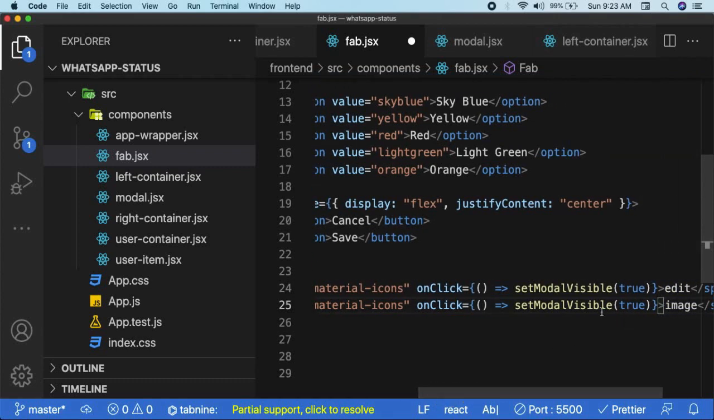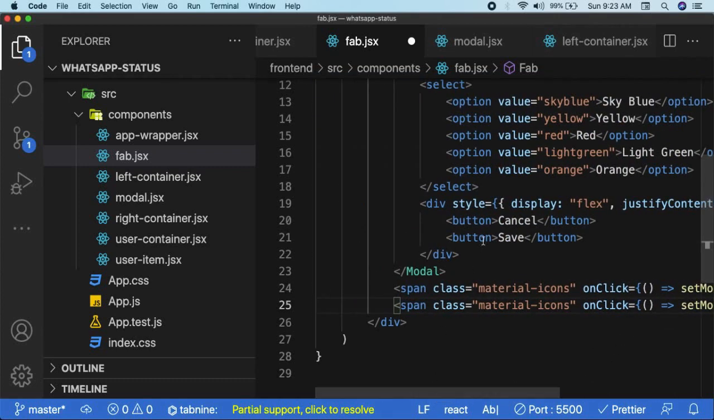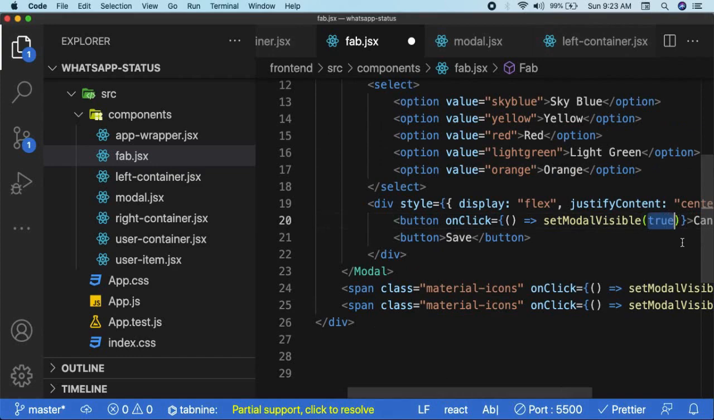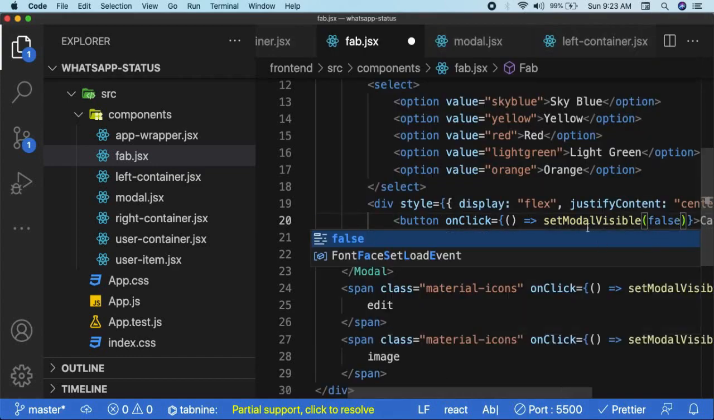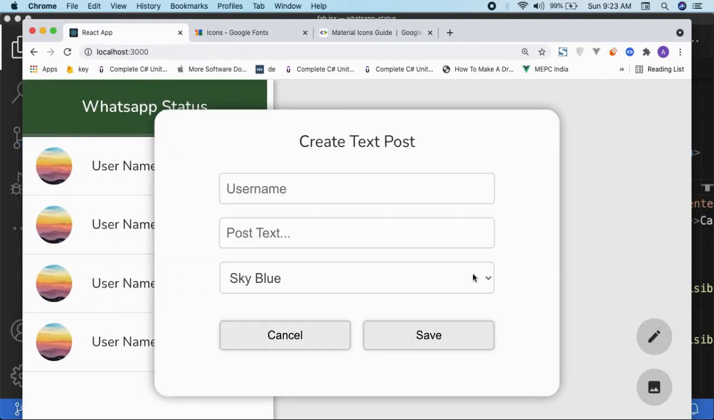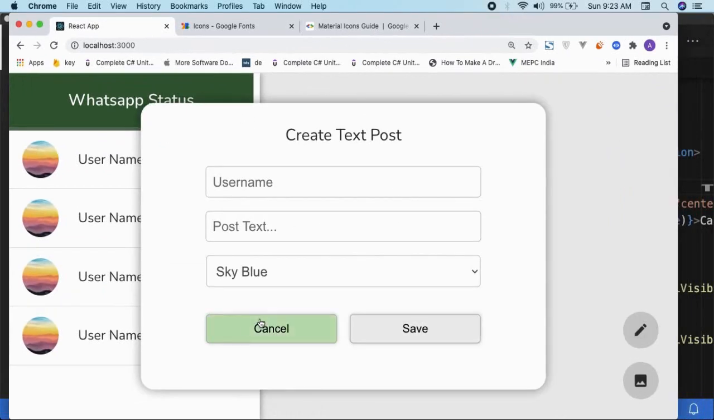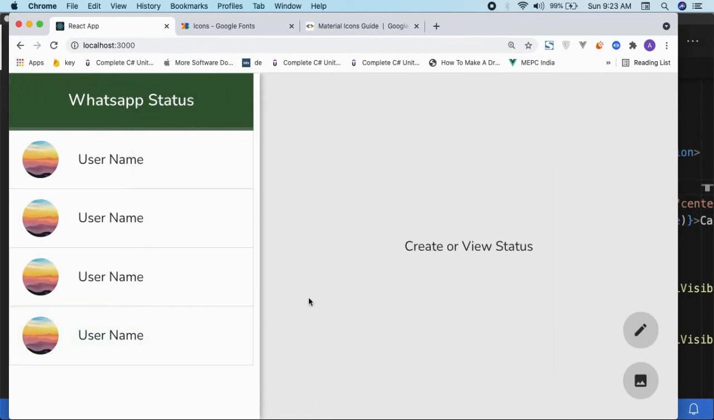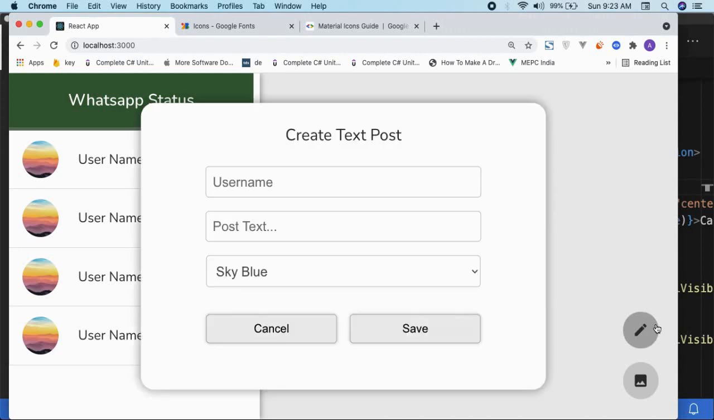So for image also we'll set model visible to true, but for this cancel we'll specify that it is false. So we want to hide the model for cancelling. So now if we go to our application, this should work. On clicking this we can see a model coming up, and then clicking cancel it should close back. We are not providing transitions, as this has been left to you. If you want, you can try as a challenge to add transitions on opening up the model, like fade